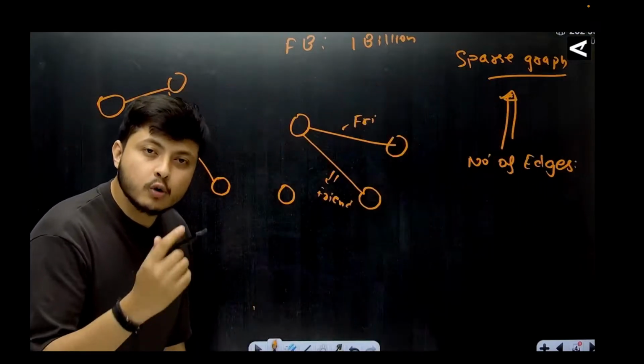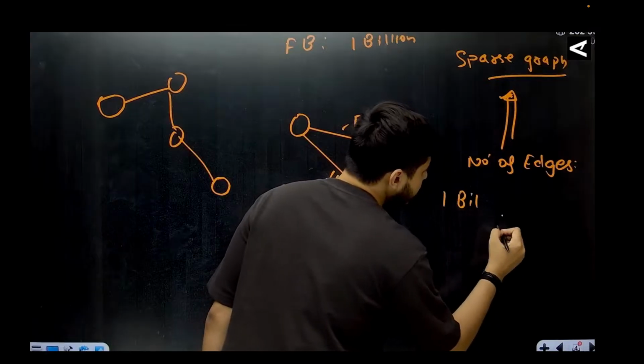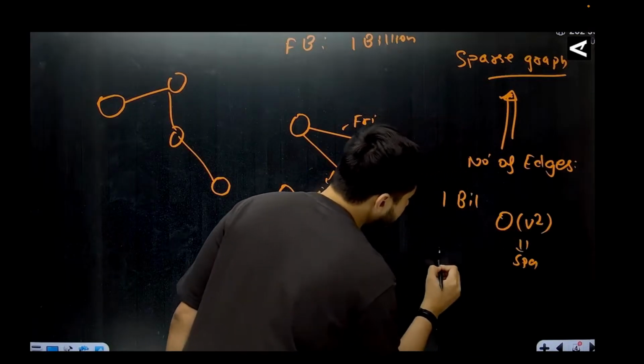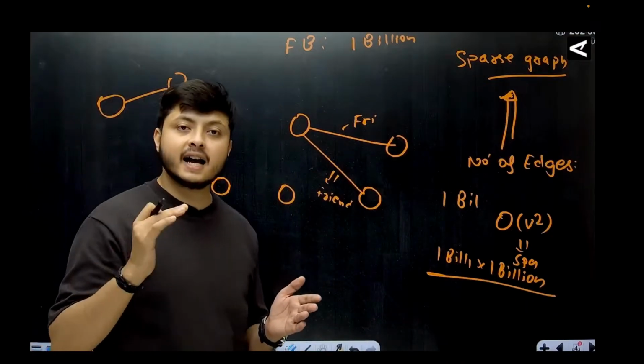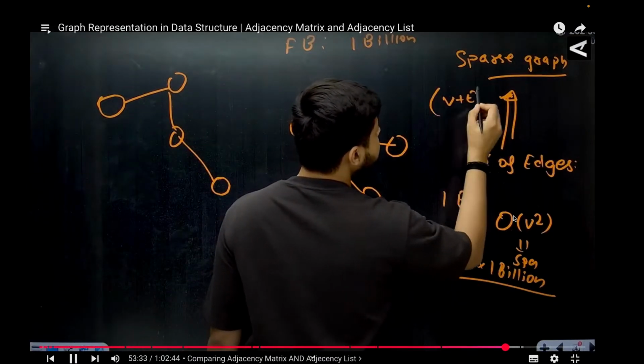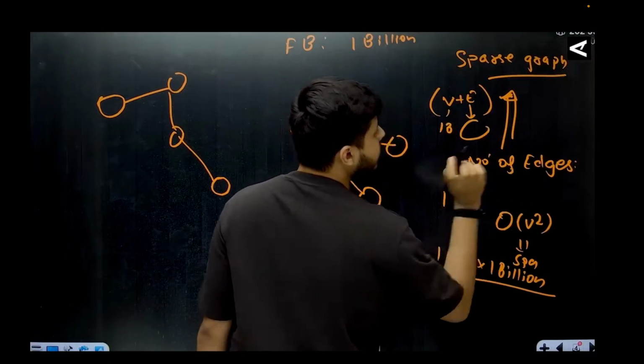अगर नंबर ऑफ एजेस कम होंगी तो मैं किसको प्रेफर करता हूं? स्पार्स ग्राफ को। डेंस ग्राफ को क्यों नहीं करता? देखो, अगर डेंस ग्राफ को फॉलो करने लग गया तो मुझे पता है ऑर्डर ऑफ V स्क्वायर स्पेस कॉम्प्लेक्सिटी लगती है। और आप खुद कैलकुलेट कर लो, 1 बिलियन into 1 बिलियन करूं तो इतना ज्यादा स्पेस रिक्वायरमेंट पड़ जाएगी। जबकि वही काम V + E टाइम में हो जाएगा, क्योंकि एजेस काफी कम हैं।